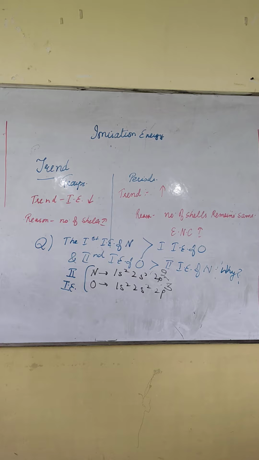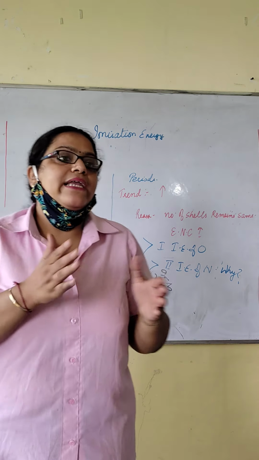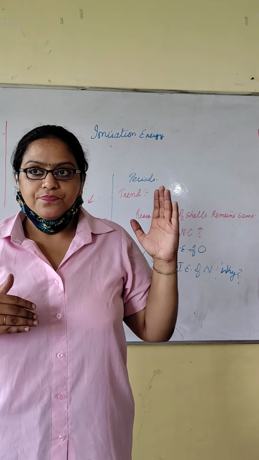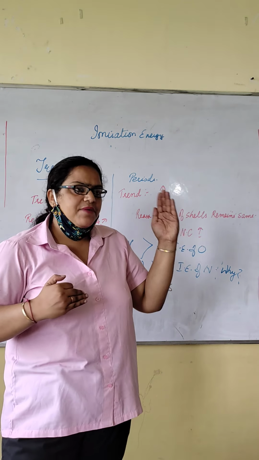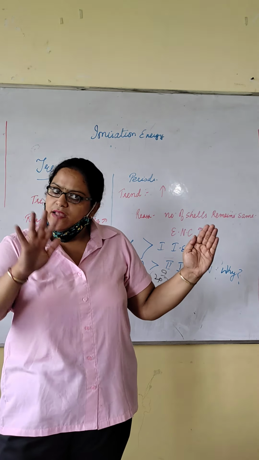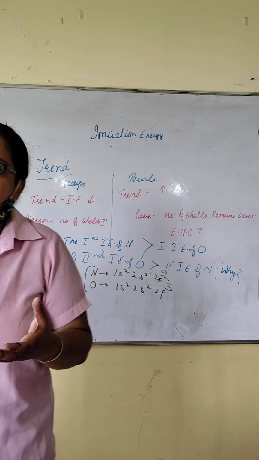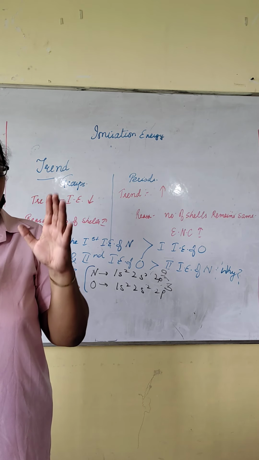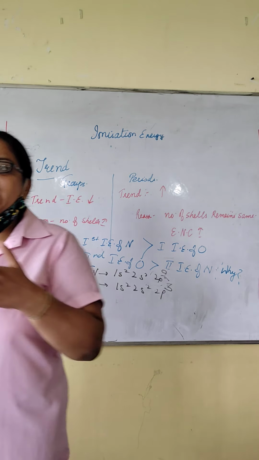My dear students, in this lecture we have discussed the periodic properties. We have discussed two periodic properties, atomic radii and ionization energy. Atomic radii trend: along the groups it increases and along the periods it decreases. The reason is, along the groups the number of shells increases, along the periods the number of shells remains the same and effective nuclear charge increases. Fine. Now group 18 has greater atomic radii than group 17. This is the exceptional case because in group 18 we are taking van der Waals radii, and up to group 17 we are taking covalent radii, and van der Waals radii have greater size than covalent radii.